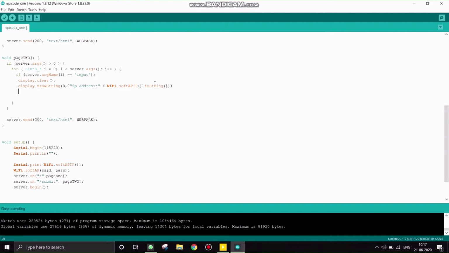And then display.drawString at the coordinates 0,10. I want to print the output section, "Output" as a side heading, and in that output I am giving server.arg.